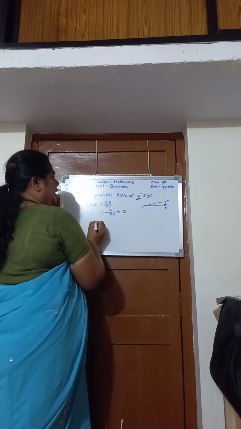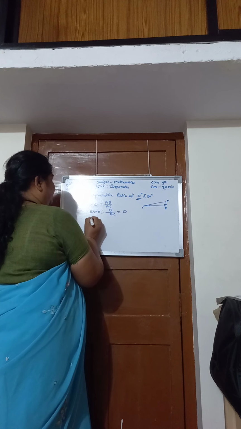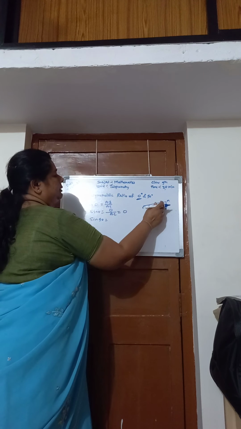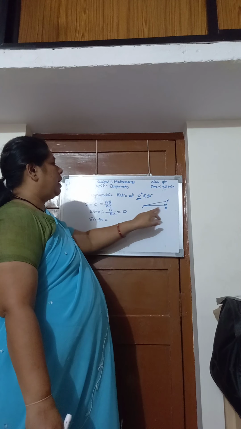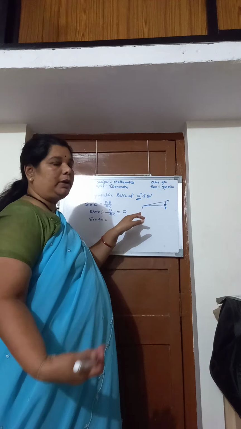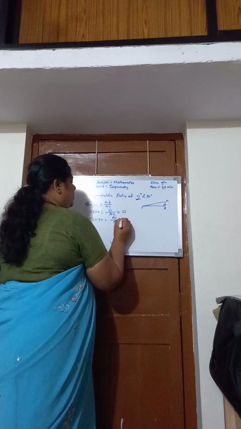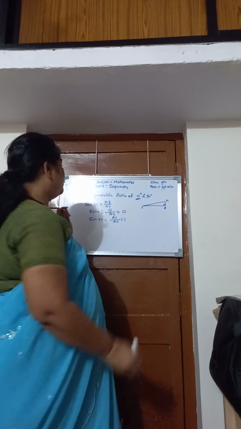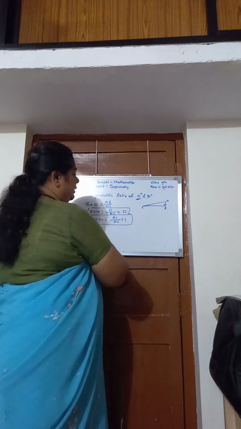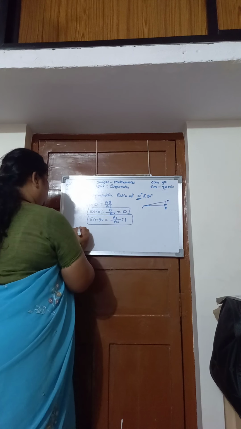Then sin 90. This is sin 0. Sin 90. Take this angle. The opposite side of the 90 degree is AC, and the hypotenuse is also equal to AC. Therefore, sin 90 equals AC upon AC, which equals 1. Sin 0 equals 0 and sin 90 equals 1. Okay, mark this.